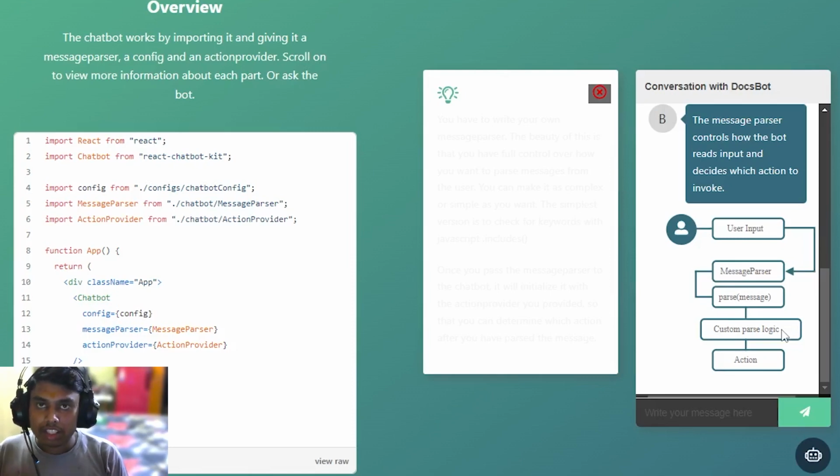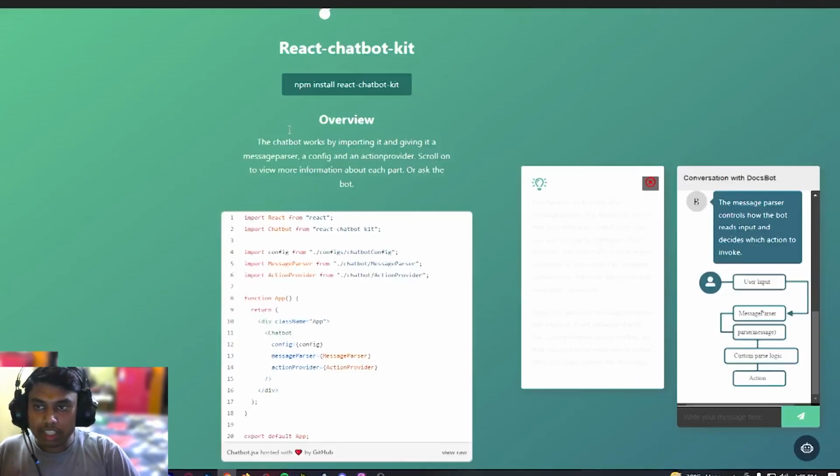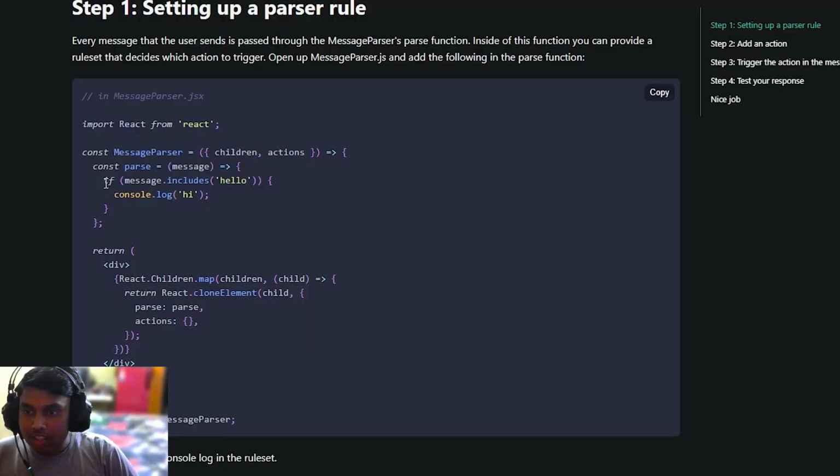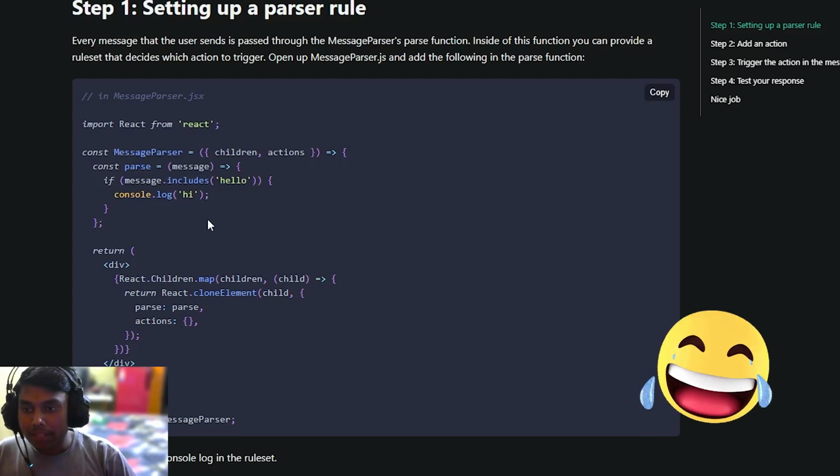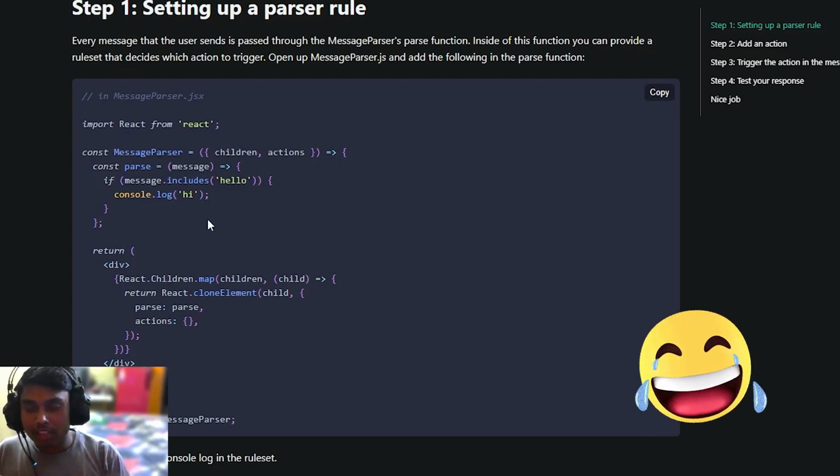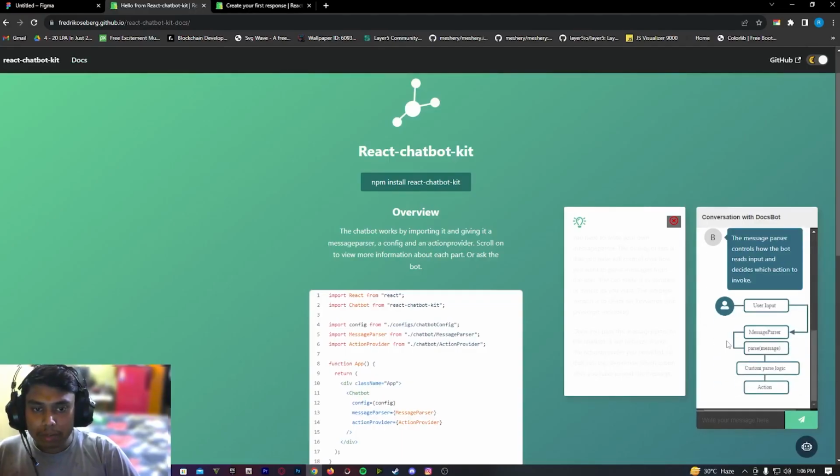Let's say if the user has sent the message hello, then we take an action against this message. Let's see it in the docs. Now see the logic here: if message.includes hello, meaning the user sent hello, then we console log hi, so it will print hi on the console. I hope you learned about the message parser.